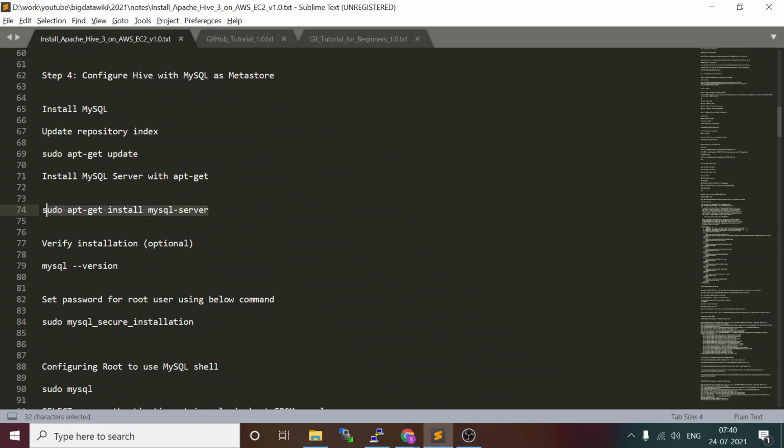This is the command to install the MySQL server: sudo apt-get install mysql-server. I'll repeat: sudo space apt-get space install space mysql-server.